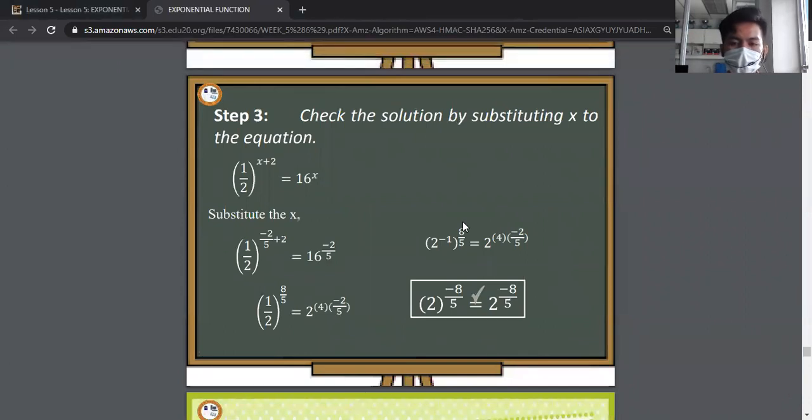So in checking po, we need to substitute the value of x, which is negative 2 over 5. So our general equation, 1 half raised to x plus 2 is equal to 16 raised to x. We need to substitute the value of x, which is negative 2 over 5. So 1 half raised to negative 2 over 5 plus 2 is equal to